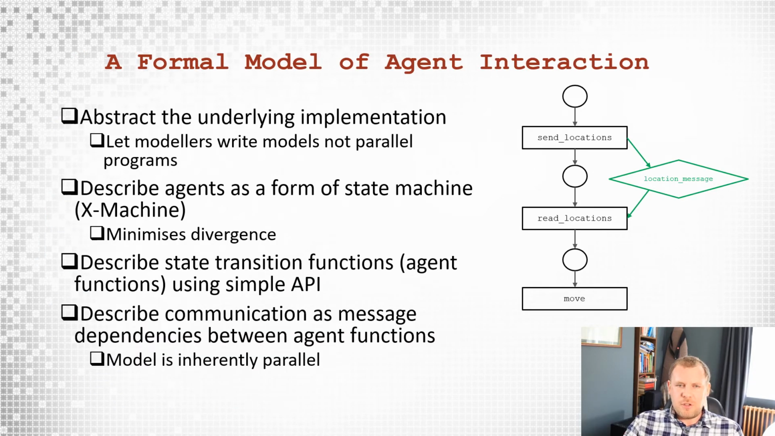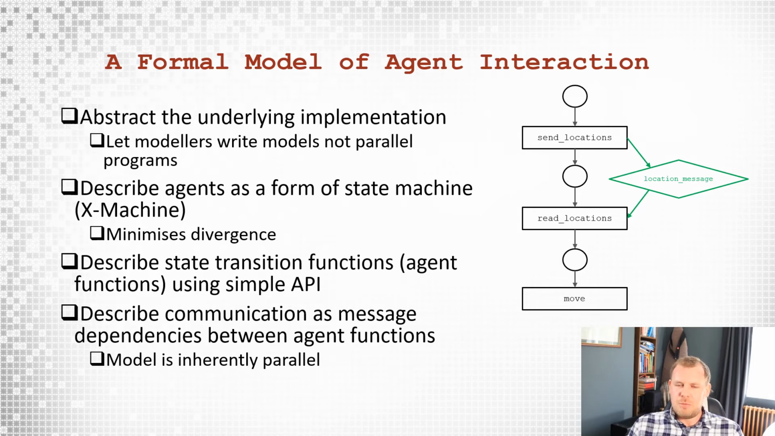So one of the underlying principles of developing an agent-based model for the GPU using the Flame GPU approach is this formal model of agent interactions. The idea behind this is to abstract the underlying implementation. Modelers write models rather than writing parallel programs, and instead describe an agent-based system as a form of state machine. There's a lovely complex definition of what an X machine is, but effectively it's a state machine with communication